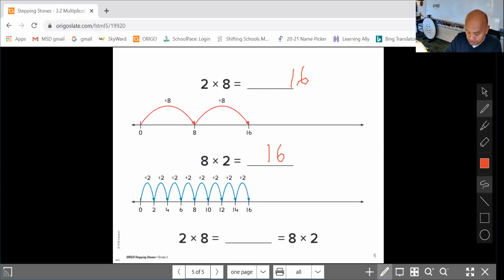And so since they both equal each other, this is an equation that goes like that, okay? 2 times 8 equals 16, which also equals 8 times 2. Okay, let's go. I'm going to stop sharing here, and then I'm going to go to our